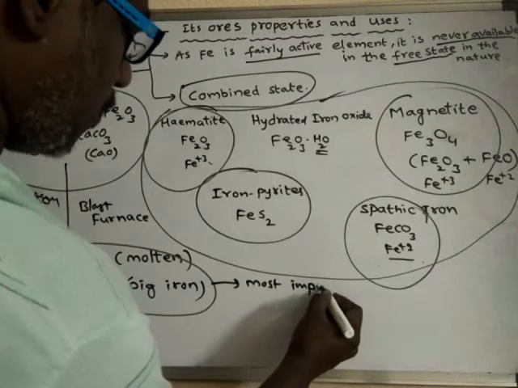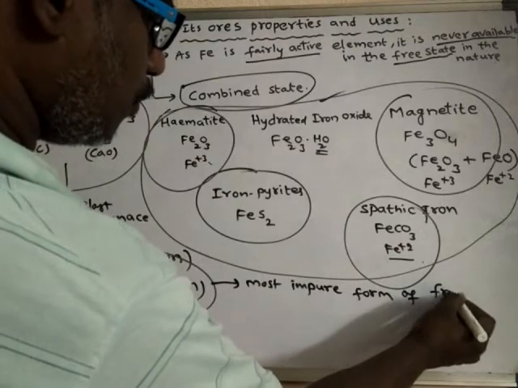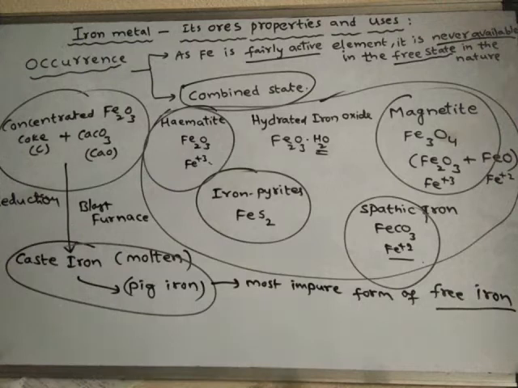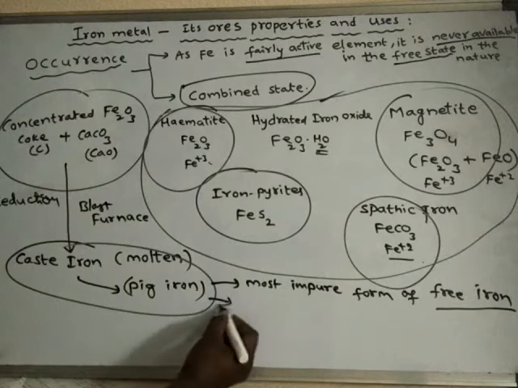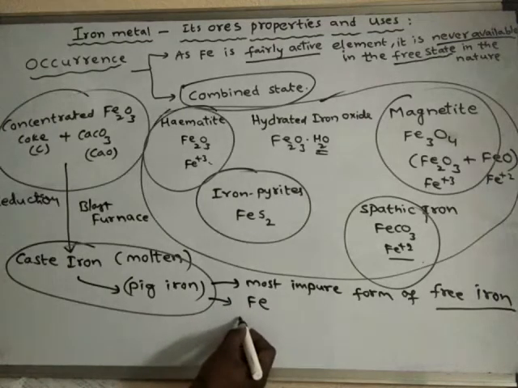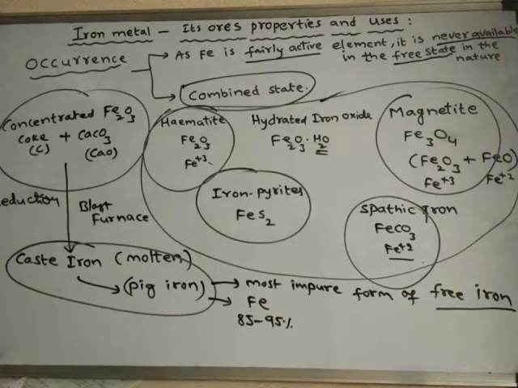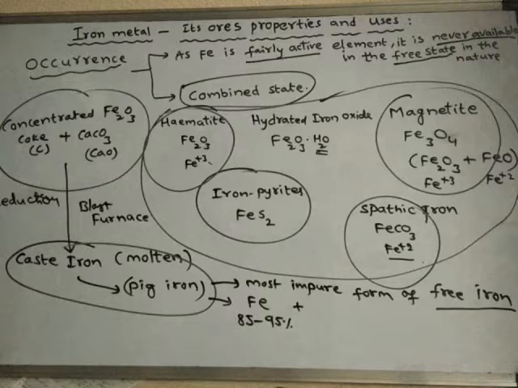So the most impure form of free iron, not combined iron, free iron, is what? Cast iron or pig iron. Actually, if you see the composition of this cast iron, it contains 85% to 95% of iron, and all the rest of this cast iron